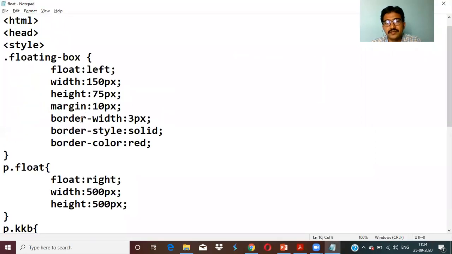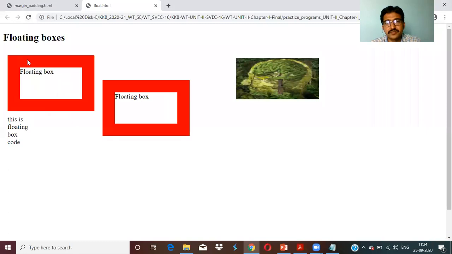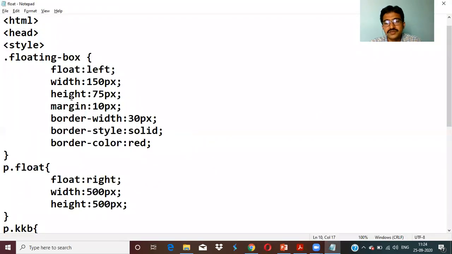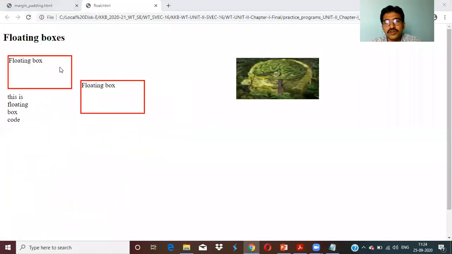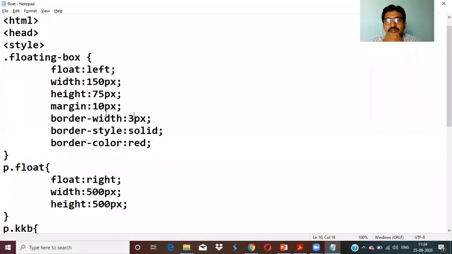And border width, if you increase it, for example to 30 pixels, you know, border width means the surroundings of this border, the total width of that is 30 pixels. Whenever you change the values, only then can you understand what a property indicates. If you're not changing the values, it is very difficult to identify which property is going to change.